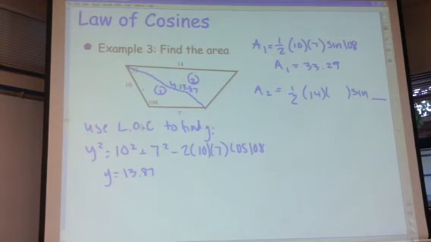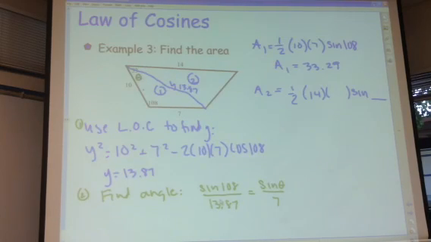Well, after that, I need to be able to find this angle. So let's do that in green. So we're going to find this angle in green. So this is step 1. And then step 2, you got to find the angle. And we'll use law of sines for that. So the sine of 108 over 13.87 is going to equal the sine of theta over 7. Now obviously it's going to be less than 108. It's going to be the smallest angle. And when you do that